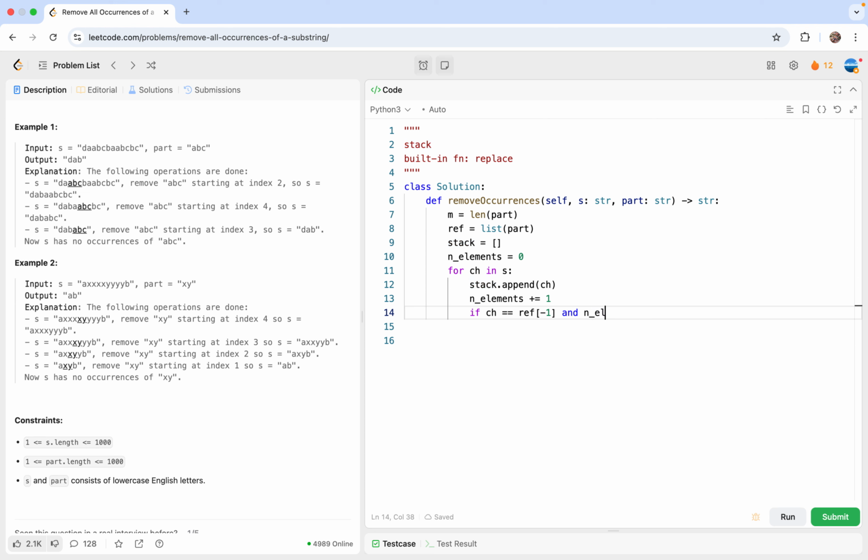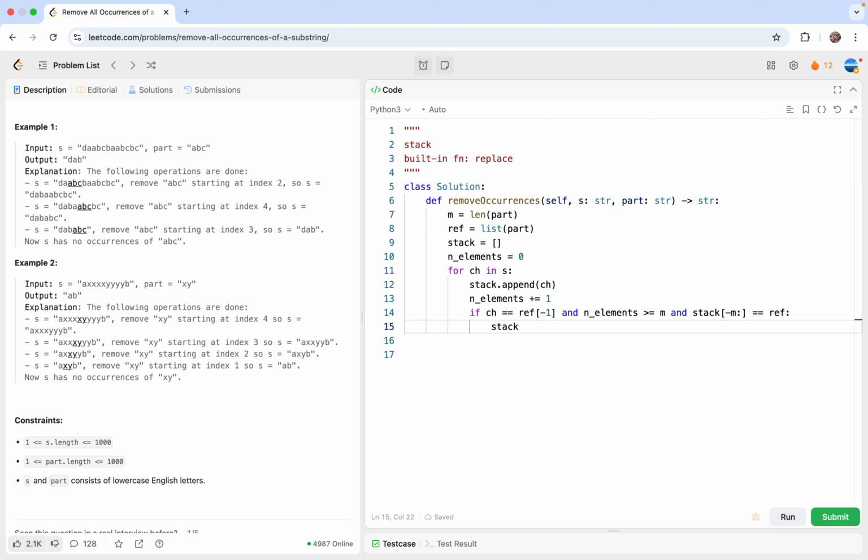If n elements is greater than or equal to m, and the last m elements of the stack, using negative m onwards, equal the reference, then what we are going to do is